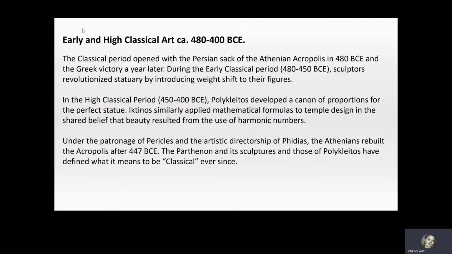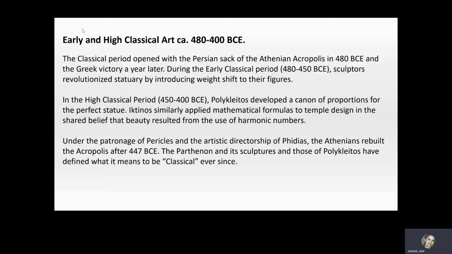Ancient Greece, early and high classical art, circa 480 to 400 BCE. The classical period opened with the Persian sack of the Athenian Acropolis in 480 BCE and the Greek victory a year later. During the early classical period, 480 to 450 BCE, sculptors revolutionized statuary by introducing weight shift to their figures, which is contrapposto. In the High Classical period, 450 to 400 BCE, Polykleitos developed a canon of proportions for